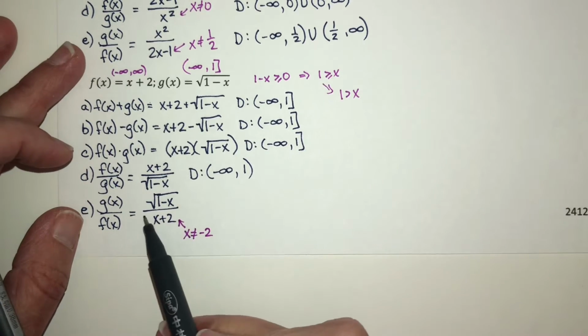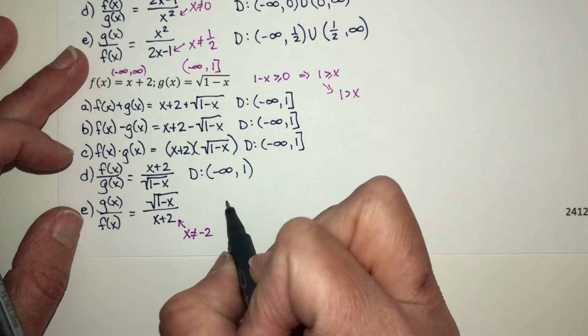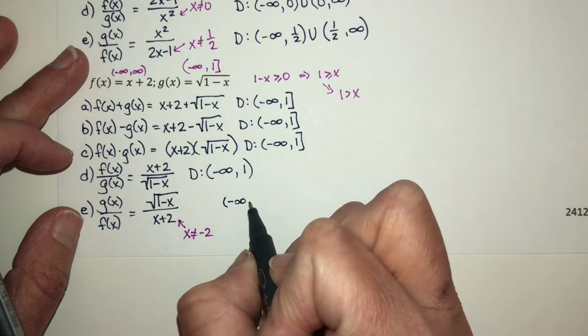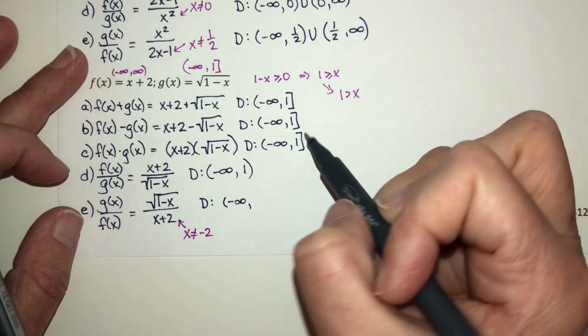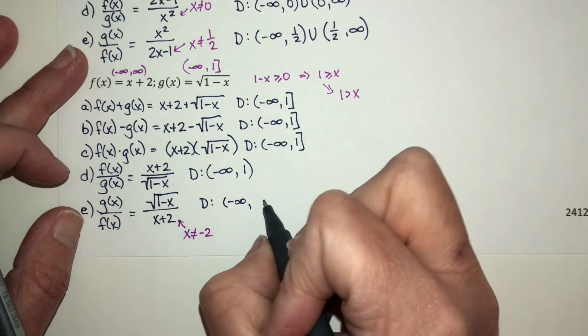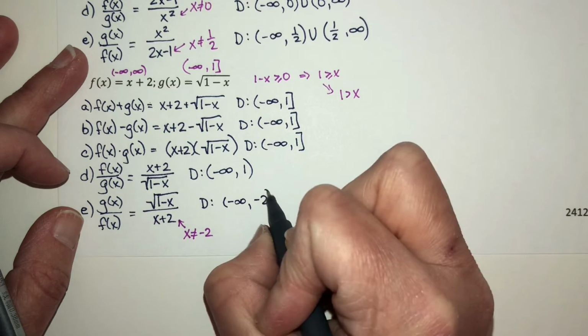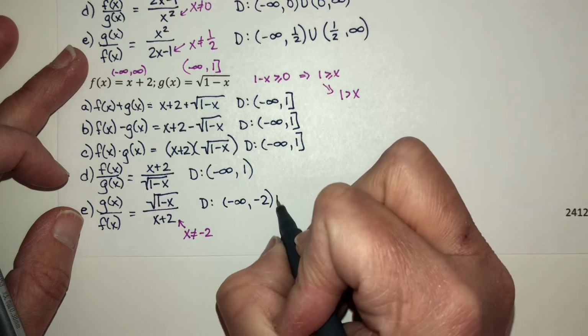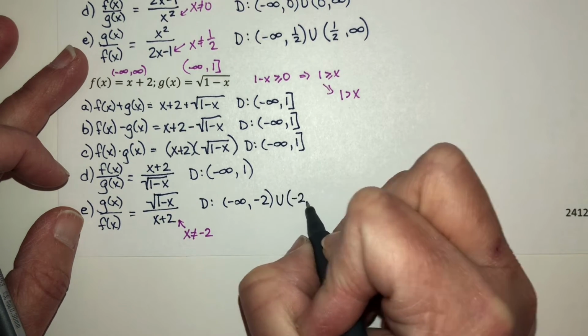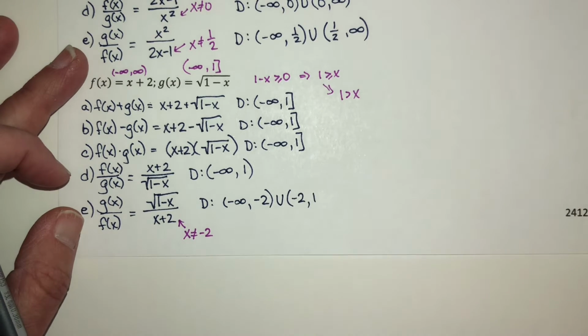So this means I have negative infinity up to, I have a 1 and I have a negative 2 I need to take care of, so negative 2, parentheses, because we're not allowed to equal that, union, and then I can go from negative 2 up to 1,